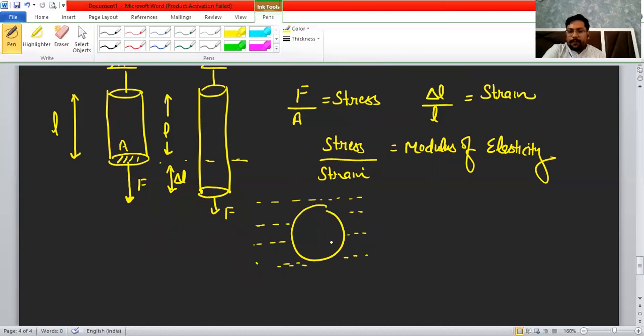Suppose this is a spherical ball type some object and we put it in some liquid. So liquid is applying pressure from the outside. As a result, what happens? There is change in the volume. It compresses and there is change of some volume. So that change of volume to original volume is also given the name strain. Okay, if there is area change, then change of area to original area is also given the name strain. So there is a theory behind it.